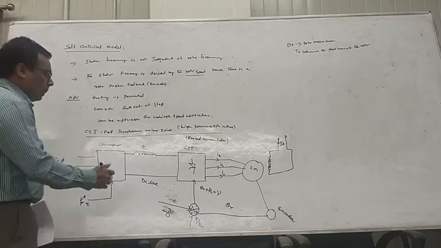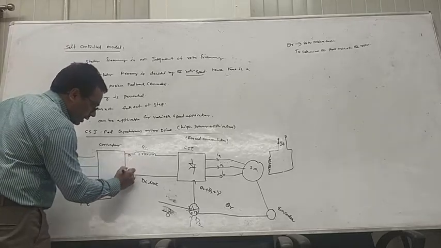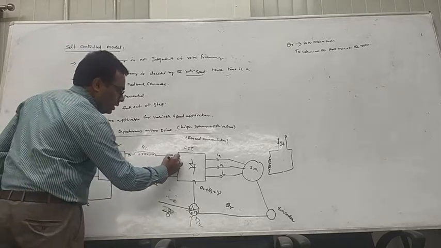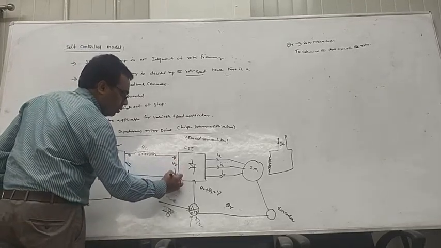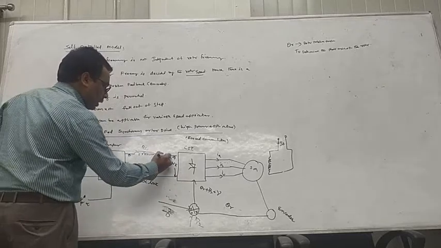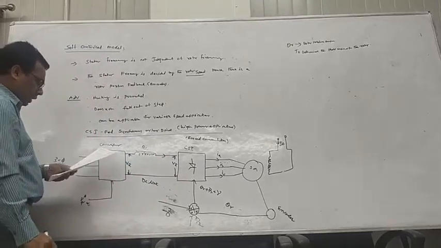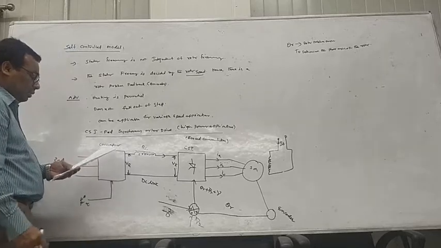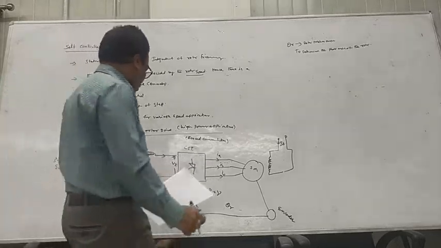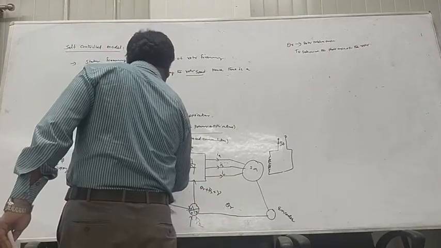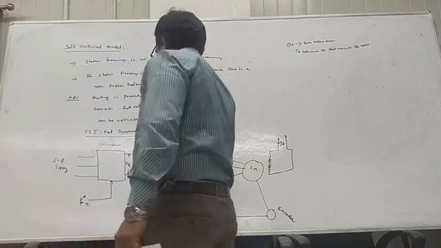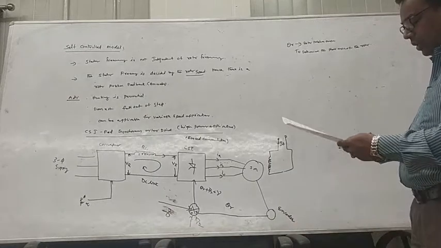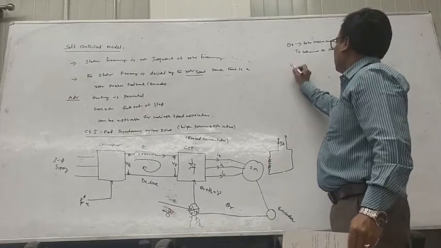So let us see. This voltage is the rectifier voltage V suffix R, and this is the inverter voltage V suffix I. The current here I am considering is II, you may consider. So this is the current II value. If you apply the Kirchhoff voltage law in this particular loop,